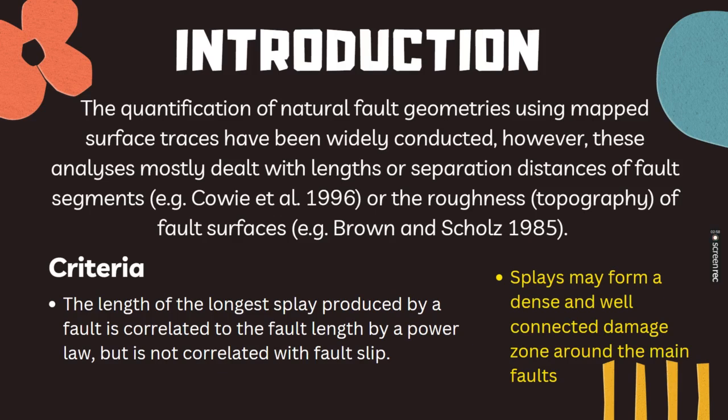So they are related by a power law, but not correlated with fault slip. It is immaterial what the net slip is or the fault strike, that slip amount. In general, overall fault length is important. Splay formation with reference to the major fault mostly occurs in the tip portion, and sometimes the middle part is also possible. Splays may form a dense and well connected damage zone around the main fault, and this damage zone is very much important,